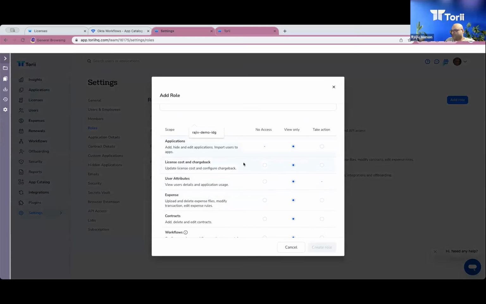And essentially you can hide or show different views based on what's there in the left navigation, but